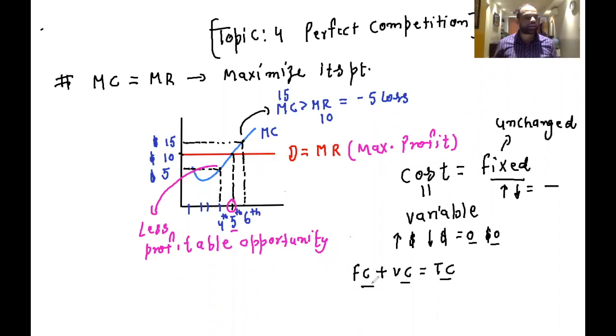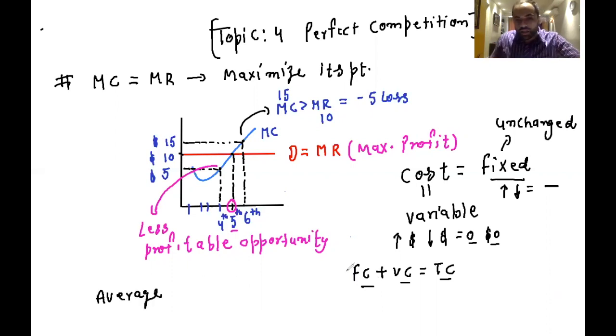Fixed cost plus variable cost is the total cost, right? If you want to calculate average total cost,